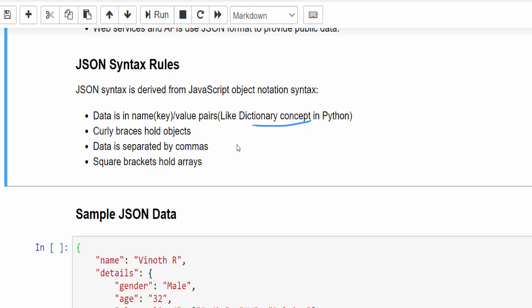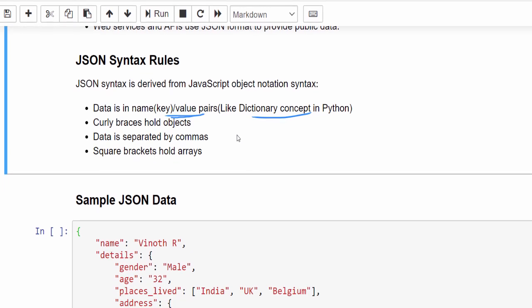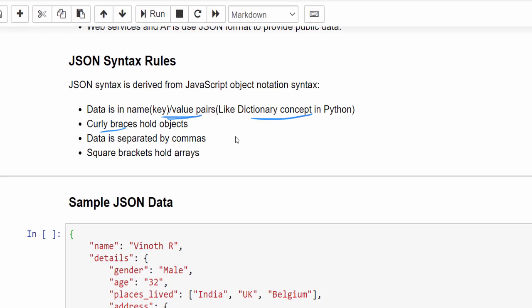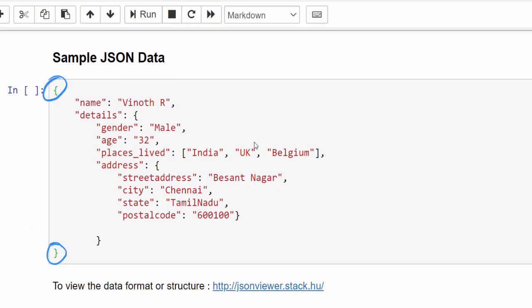If you are continuously watching this video series, it means we have already completed the Python dictionary. The same concept or syntax we will be using in the JSON file. It's like a key-value pair, and we know if it is a dictionary it will be with the curly braces. Here you can see it's within the curly braces, and each data is separated with a comma. The data will be represented as key and value pair, and very importantly it will accept only the double quotes. If you mention a single quote it will not accept.